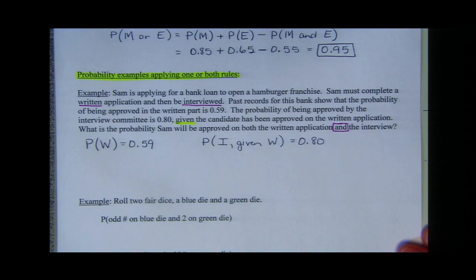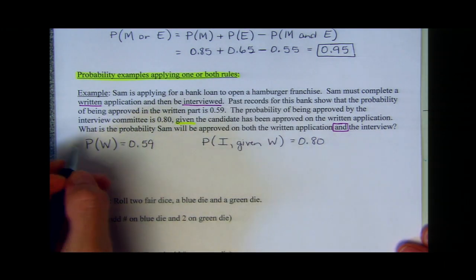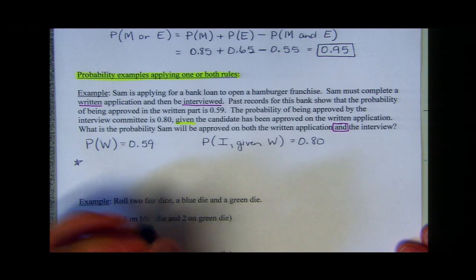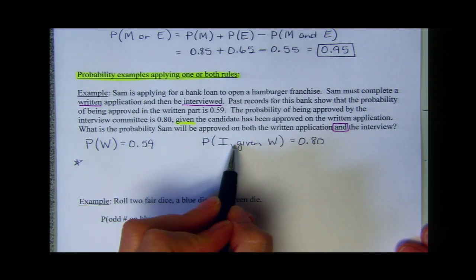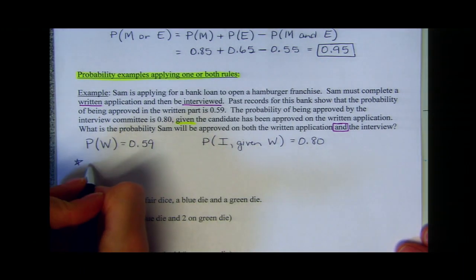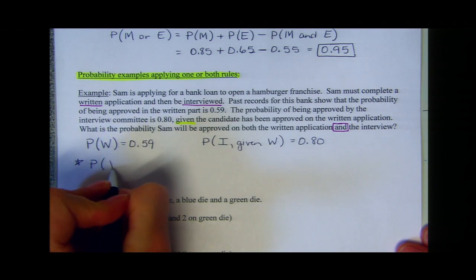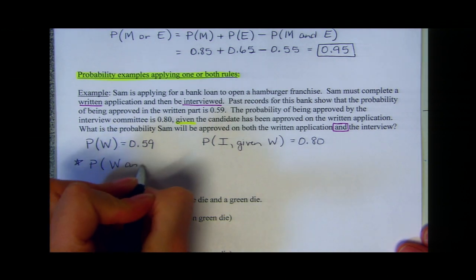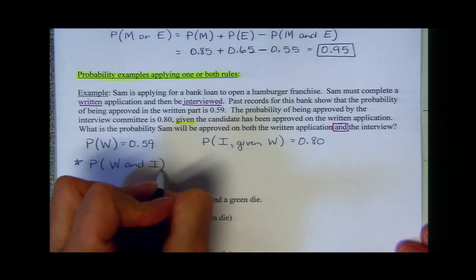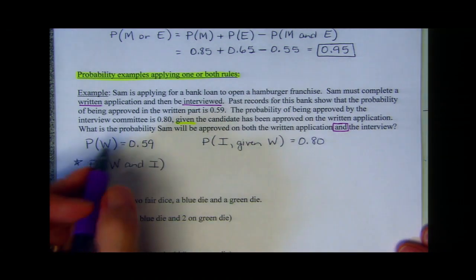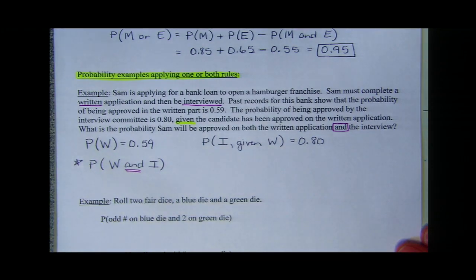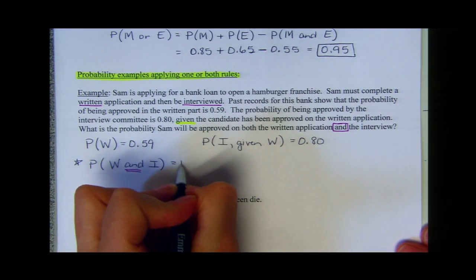So now it asks me, what is the probability? So here's the question being asked. These two were defined in the problem. Now we're going to answer the question. What is the probability Sam will be approved both on the written and the interview? Well, since this is an and statement, I'm going to apply the multiplication rule, which would be